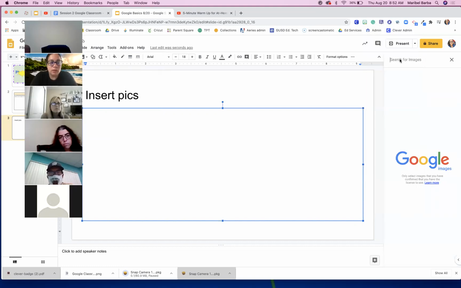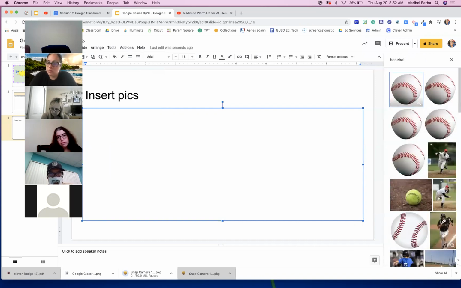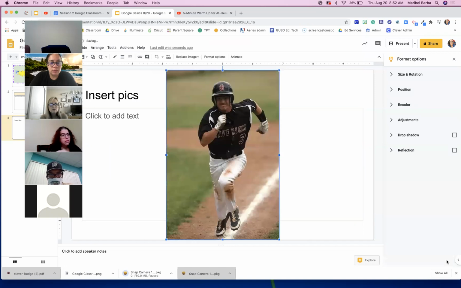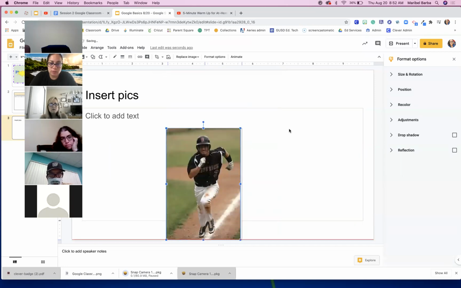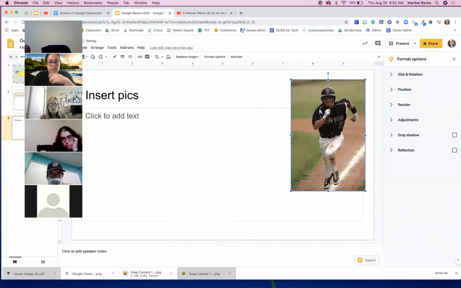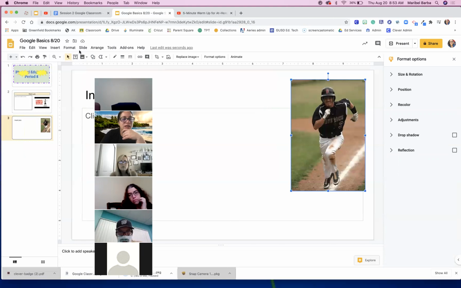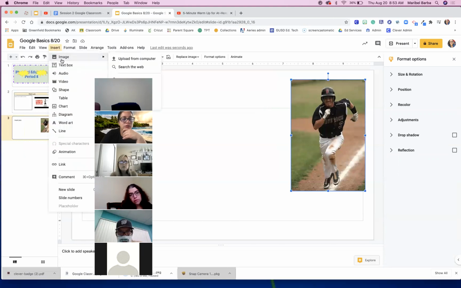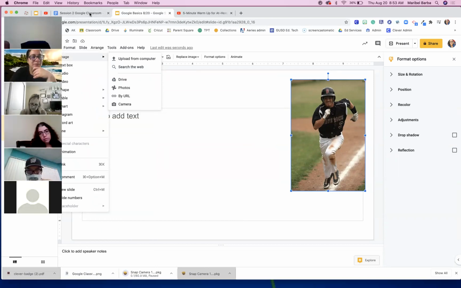in baseball. Maybe I like this guy. I'm going to select him. It says one selected. I'm going to press insert. So I got my baseball guy here. I'm going to manipulate him, make him a little bit smaller. Okay. Now the nice thing about using insert image is if you're trying to obey all of the laws, all